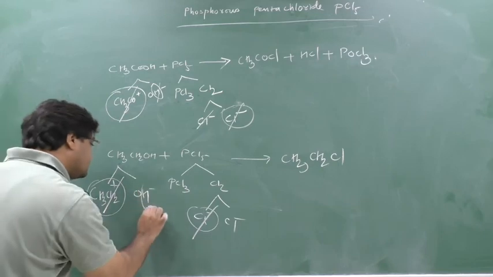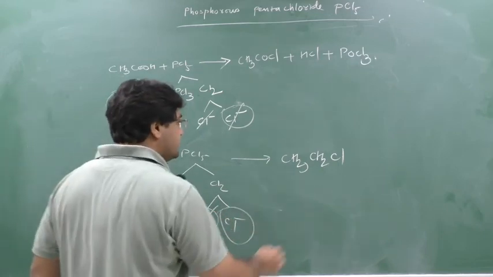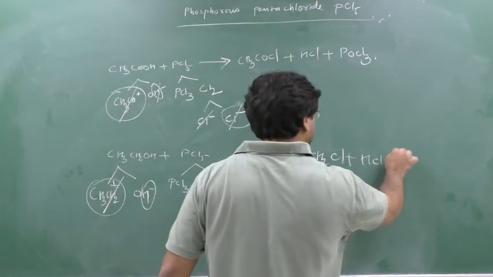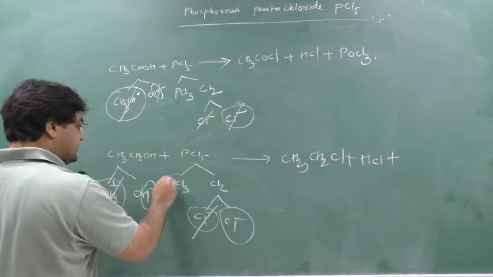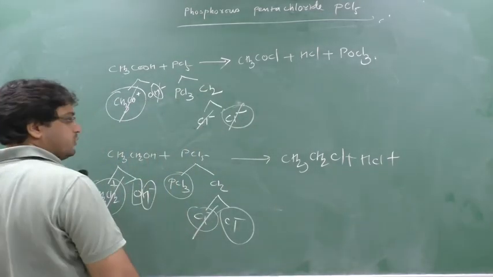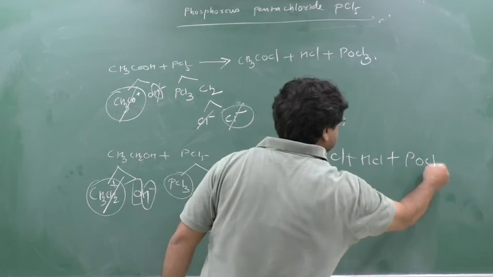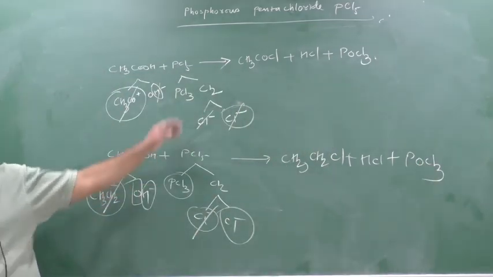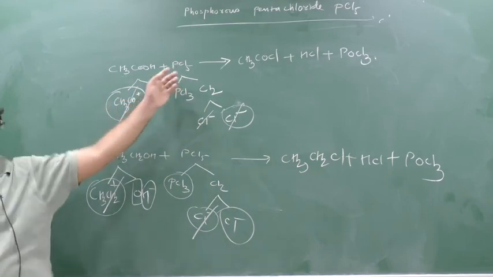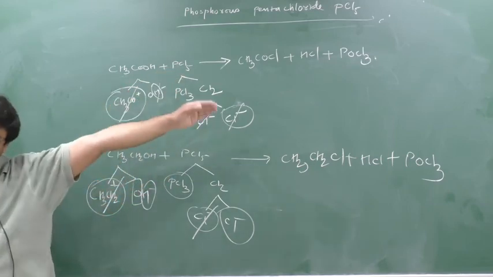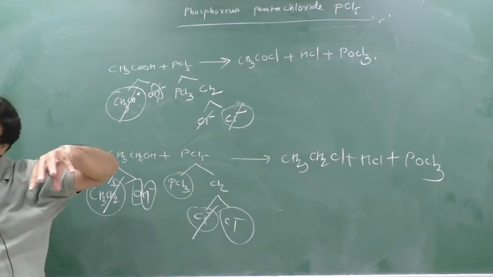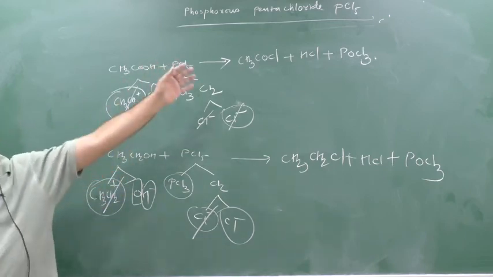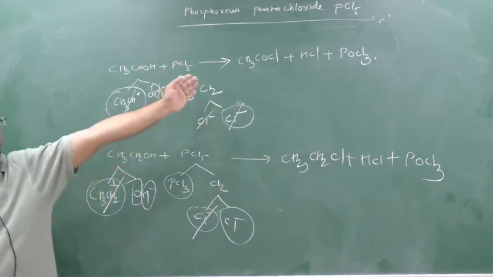So this is gone, this is gone. Now you take H and this you take Cl, so what will happen here? HCl. Plus this you take PCl3 and this you take O, so what will happen here? POCl3. Write down this. So in this way do the reaction. Please remember this, okay? PCl5 will crack into PCl3 and Cl2, and further ClCl will break.